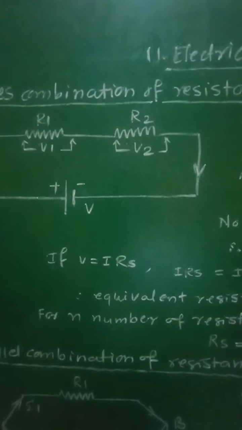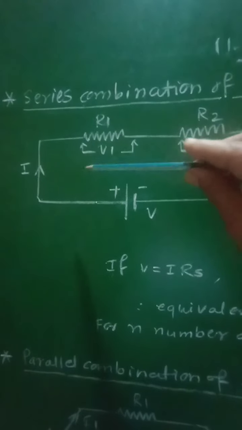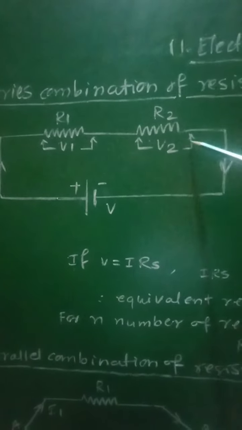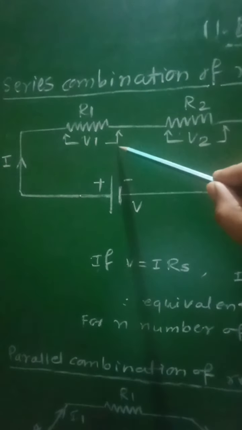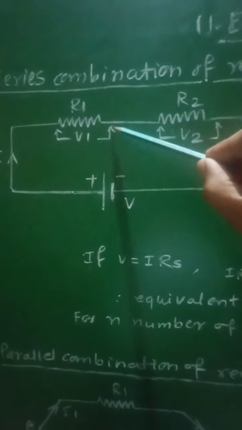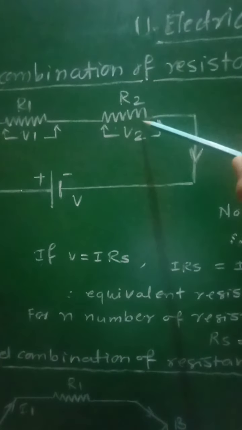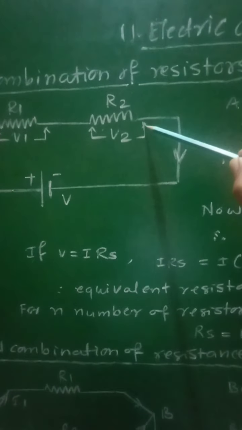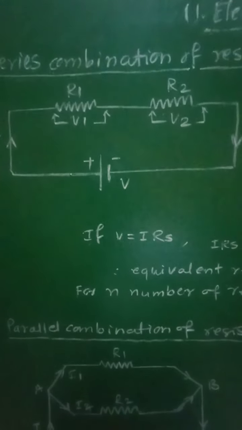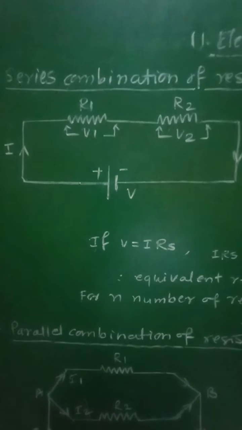are connected in a single electrical path. In case of series combination, the given resistors are connected in a single electrical path, that is, they are connected one by one. That means the second terminal of the first resistor will be connected to the first terminal of the second, then the second terminal of the second resistance will be connected to the first terminal of the next. So like this, if the resistors are connected one by one, then this type of combination will be the series